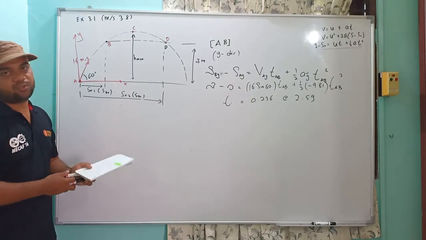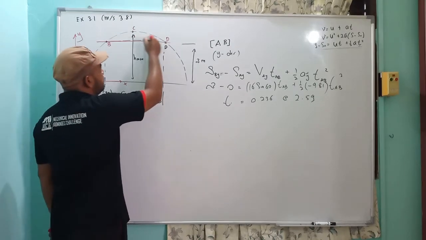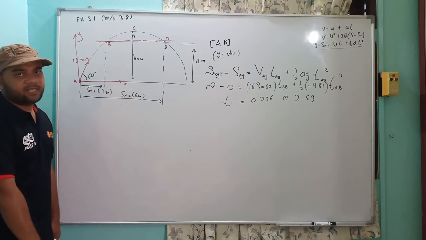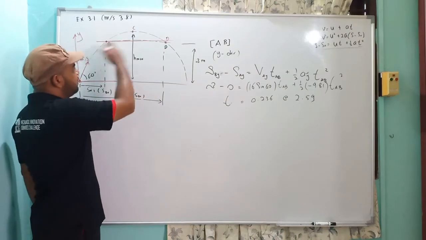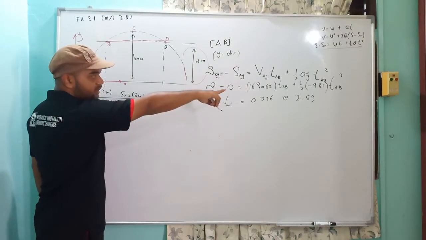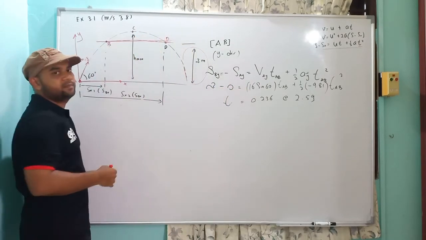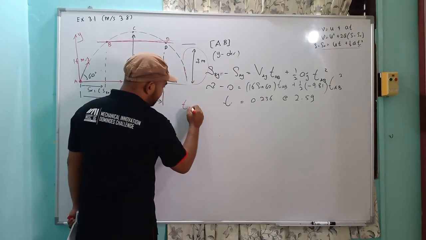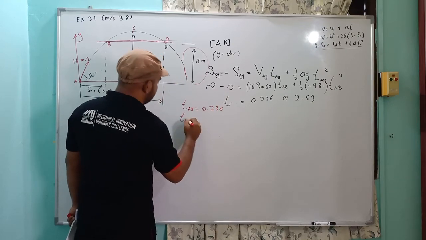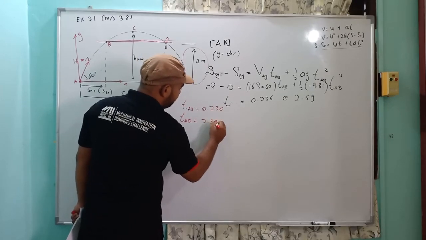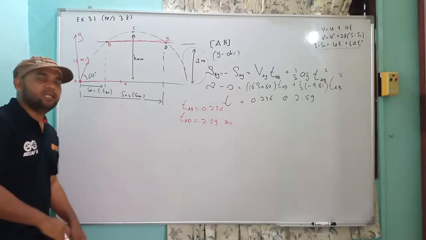Which one do you want to choose? This happened because at the same level we have 2 points. Meaning that at these two levels we have point B and point D, to arrive at the same level, because we are using 3 meter as our Sy. So at 3 meter there are 2 points here. So the t to arrive A to B is 0.236, t A to D equal to 2.59 seconds. There are two different t, meaning that for two different points.